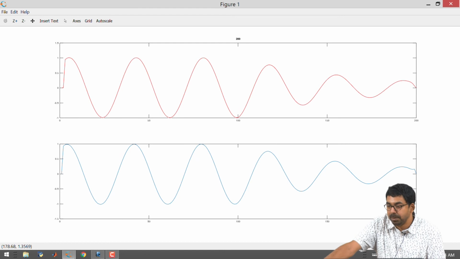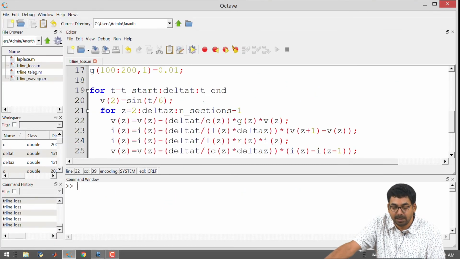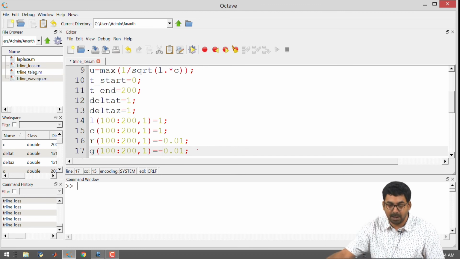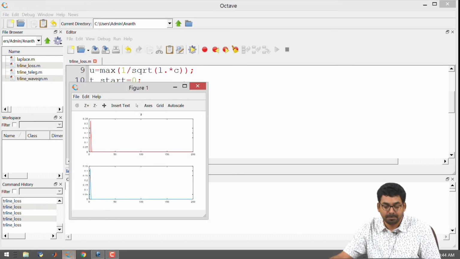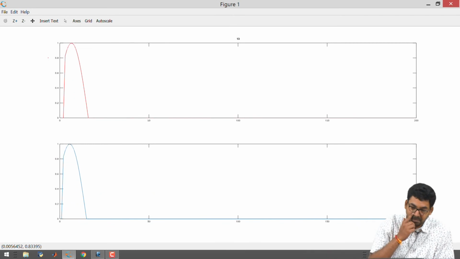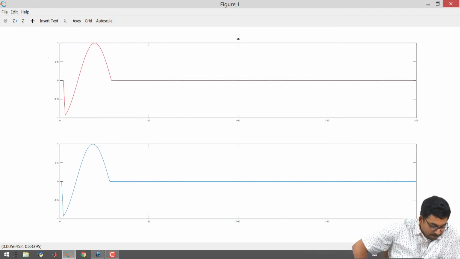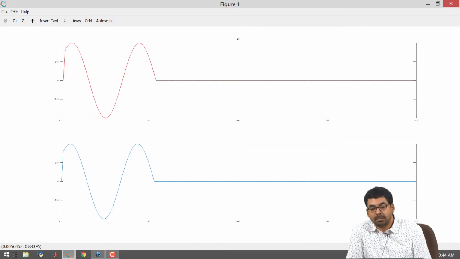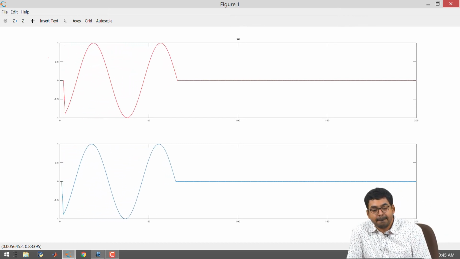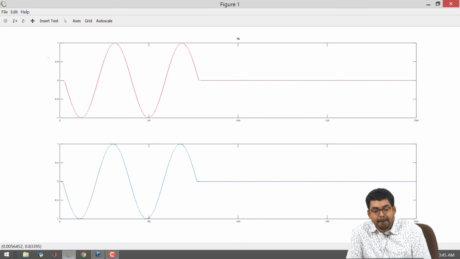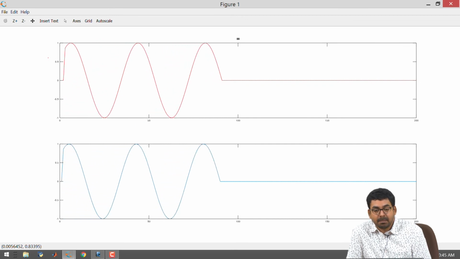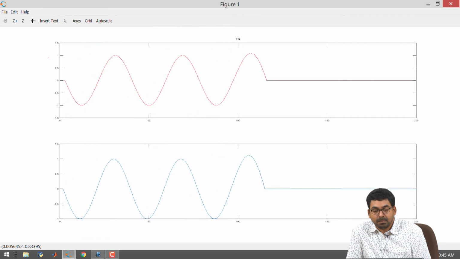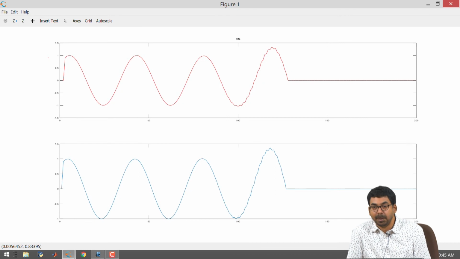Okay, so it seems to be working for positive values of R and G. Then let me just quickly switch to a negative value of R and G. And the symptoms are appearing again.